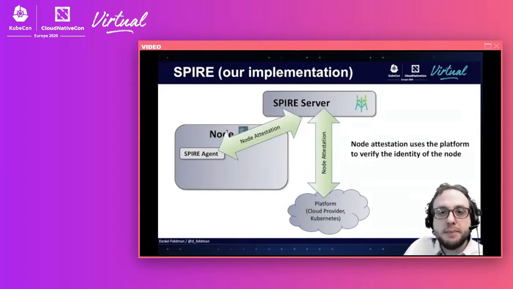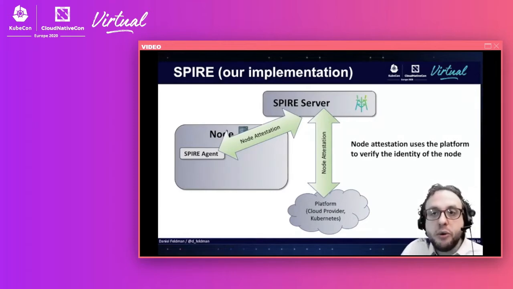The first step in getting SPIRE running is called node attestation. In node attestation, the node proves its identity to the SPIRE server. On cloud platforms or on Kubernetes, the node provides an instance identity document to the SPIRE server, and then the SPIRE server validates that instance identity document and grants the agent its own SVID. It's also possible to perform node attestation through pre-distributed certificates or using join token strings. Because the node attestation process is automated, as you scale up the number of nodes, each node can be attested automatically, so you don't have to do any manual effort as you deploy more nodes.